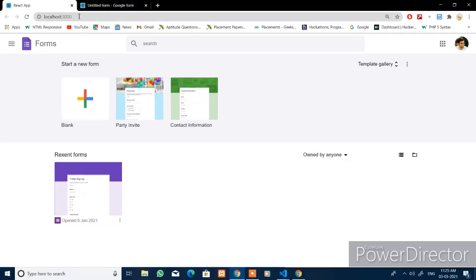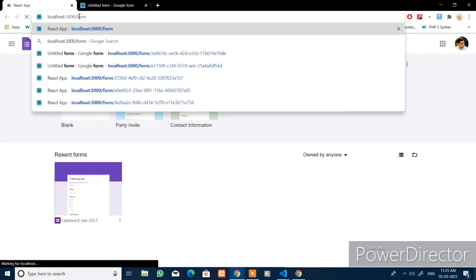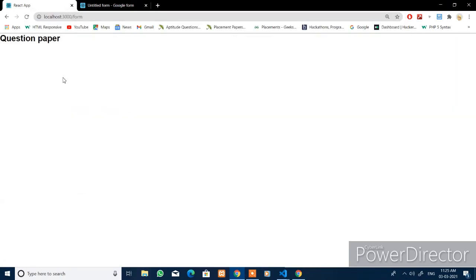Now you change the URL, type form, and hit enter. Now the entire content of the browser page is swapped and something totally different is rendered. In the end, we tell React which component to render for which URL.